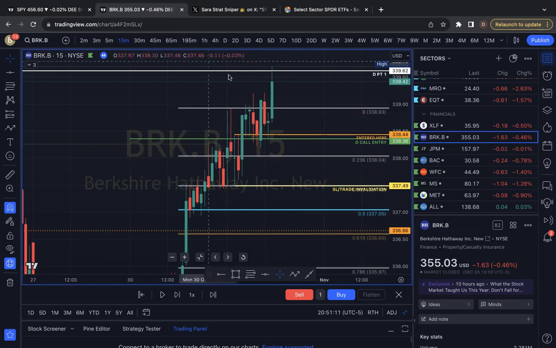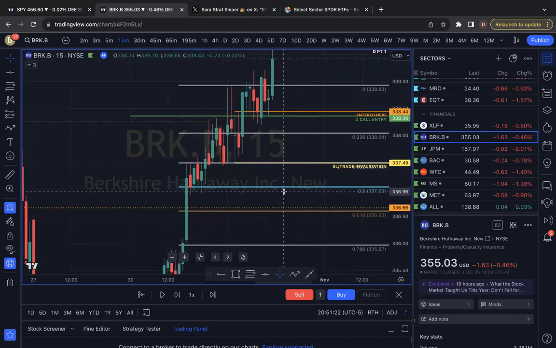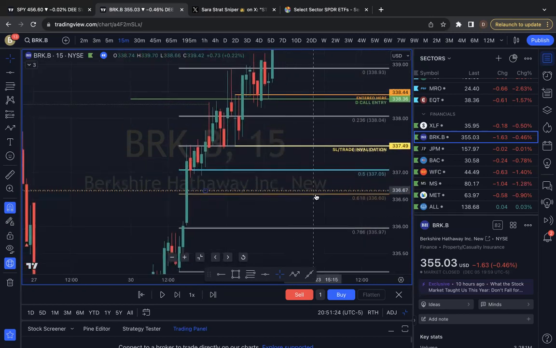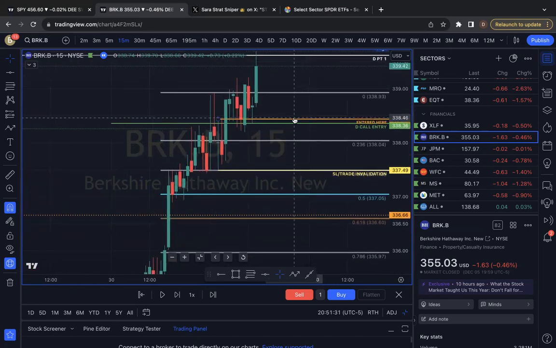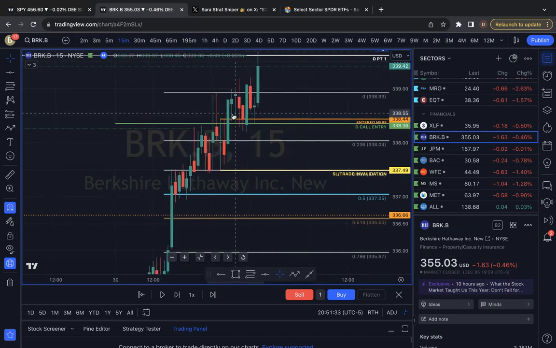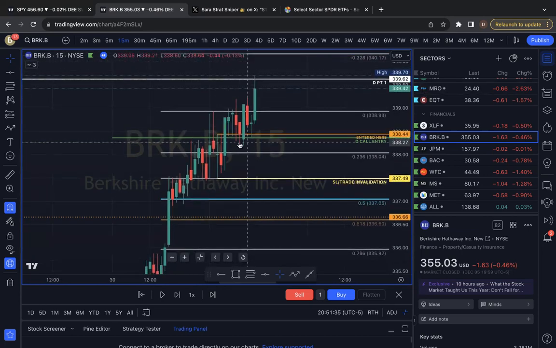Let me check the chat. Is entry below 0.5 considered buying at a discount? Yes. So 0.5 is your equilibrium. Anything below 0.5 is at a discount. Anything above 0.5 is a premium. But that's in those terms. Technically, if let's say